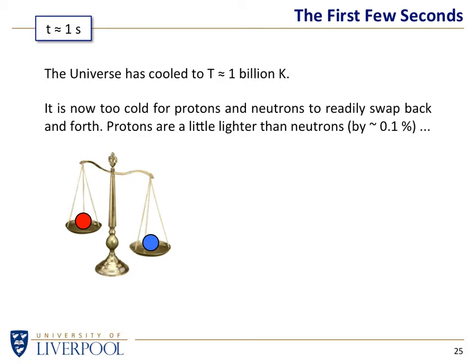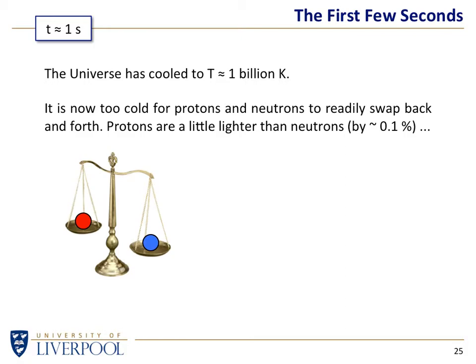How do we know that? Because we measure it in the laboratory. And we assume that a proton on Earth is the same as a proton in Alpha Centauri, is the same as a proton in the Andromeda Galaxy, as well as anywhere else in the universe. So if protons are lighter than neutrons here on Earth, we assume that they have always been lighter than neutrons, and that's the same throughout the entire universe.